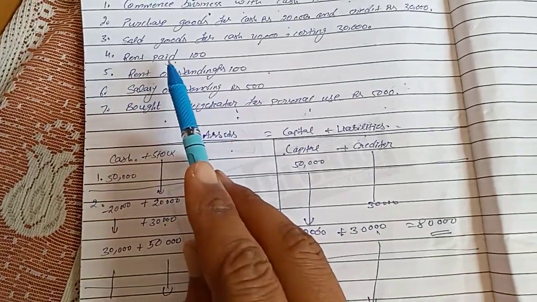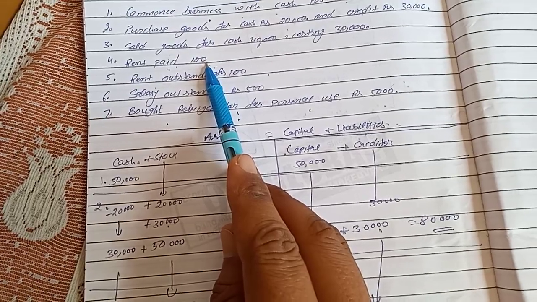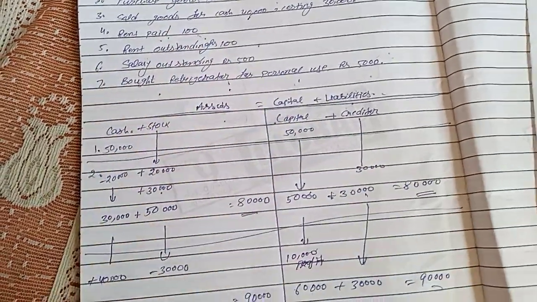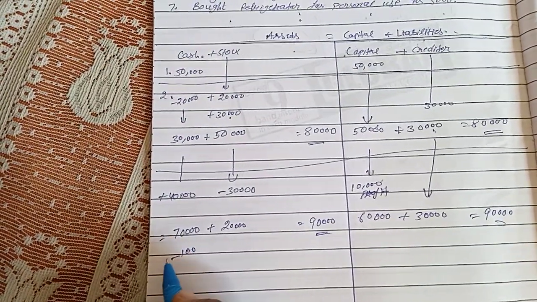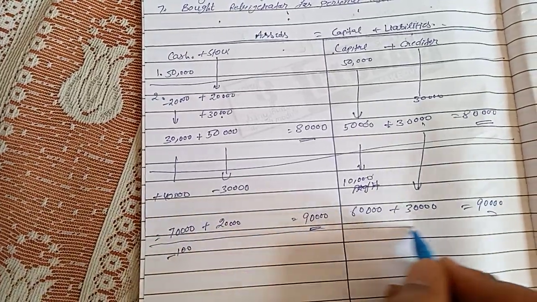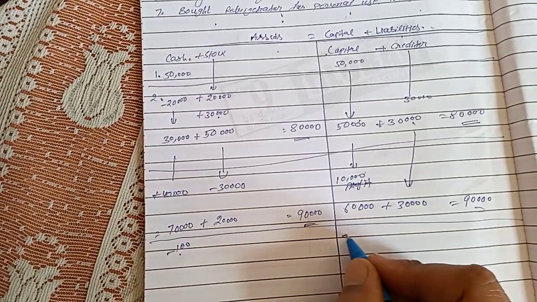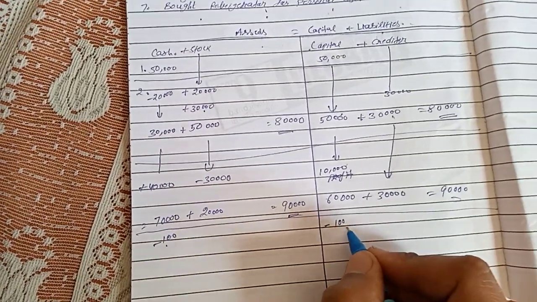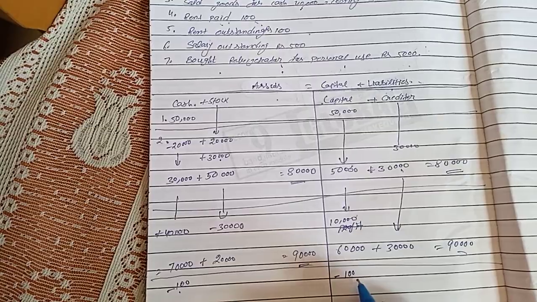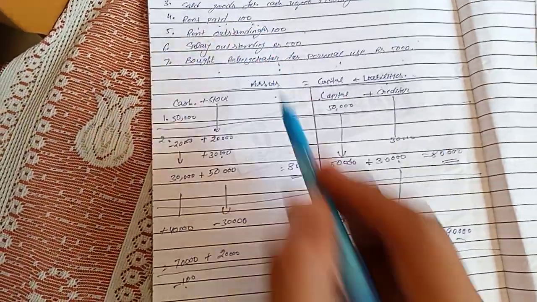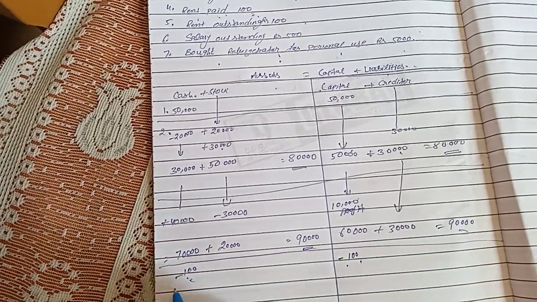Come to the fourth point, rent paid, salary paid, interest paid, any expense that you paid. What will be the treatment? If you paid, it means we will deduct it from the cash, because you have made the payment. आपने पेमेंट किया है तो उस पेमेंट कैसे करेंगे? कैश में से। तो आपका कैश क्या हो जाएगा? कम पड़ जाएगा, और इसको हम क्या करेंगे, साथ में कैपिटल में से ही लेस कर देंगे, क्योंकि हमने एक तरह से लाइबिलिटी को पे कर दिया है। तो रेंट पेड, इंटरेस्ट पेड, सैलरी पेड, वट एवर एनी एक्सपेंस पेड, द ट्रीटमेंट इज कैश में से माइनस एंड कैपिटल में से माइनस। क्लियर?